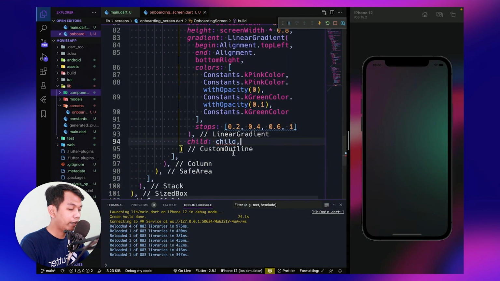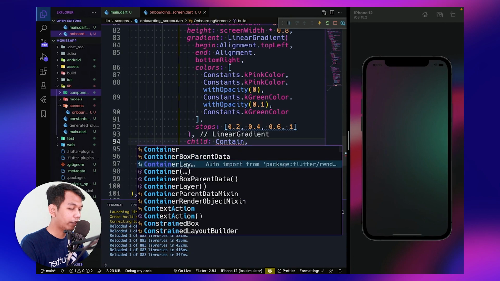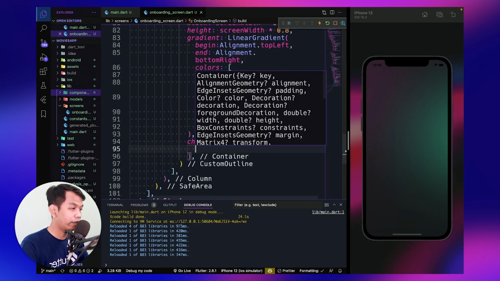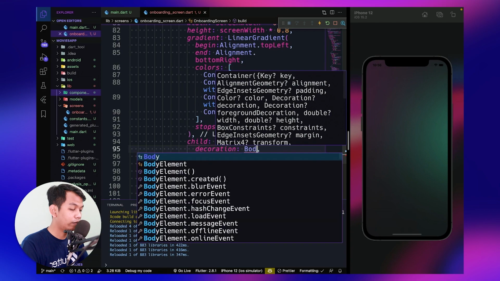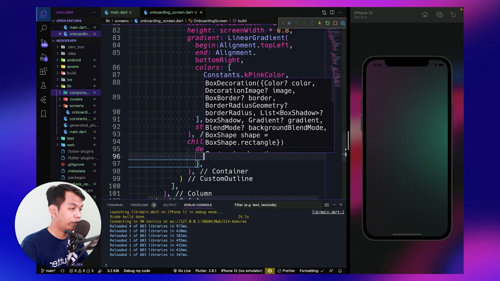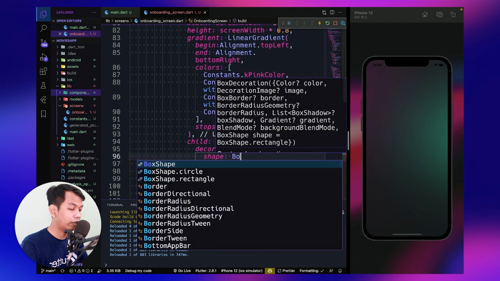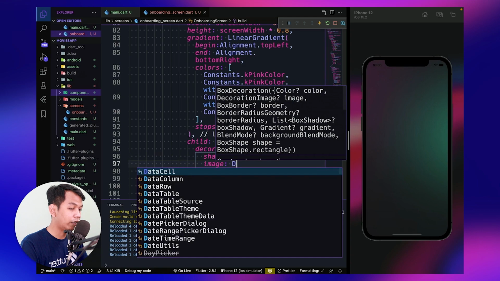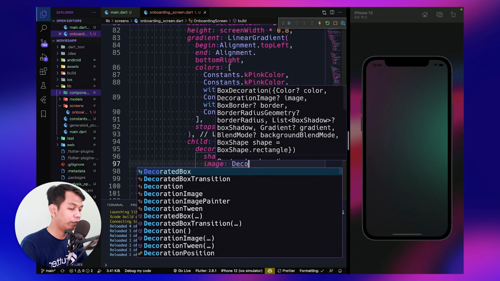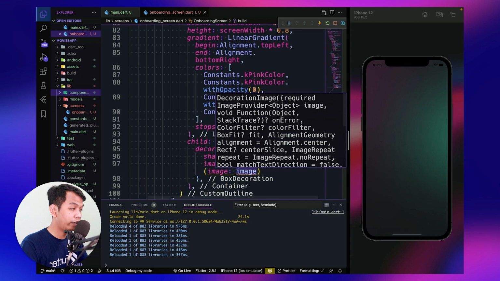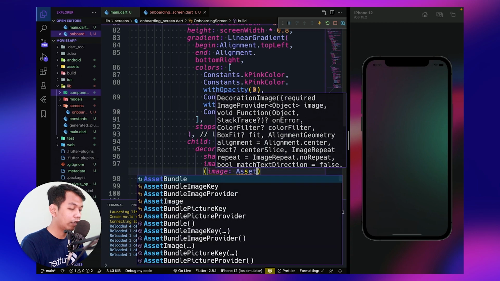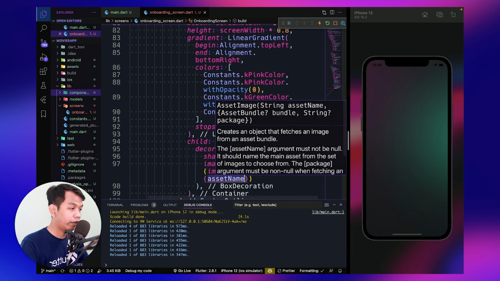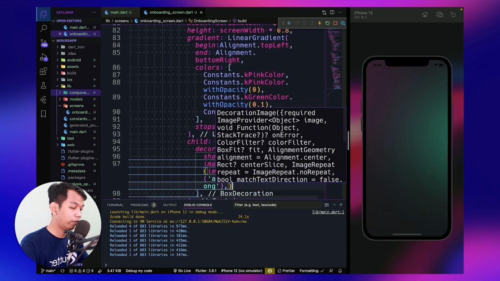Okay. For the child, we use container, and for this container, we use decoration. For the box decoration, we use shape, and we say box shape circle, because we want to place our image here. So we use decoration image, and inside it we say image, we use asset image, because I have prepared assets for you, img onboarding dot png, with a comma here.